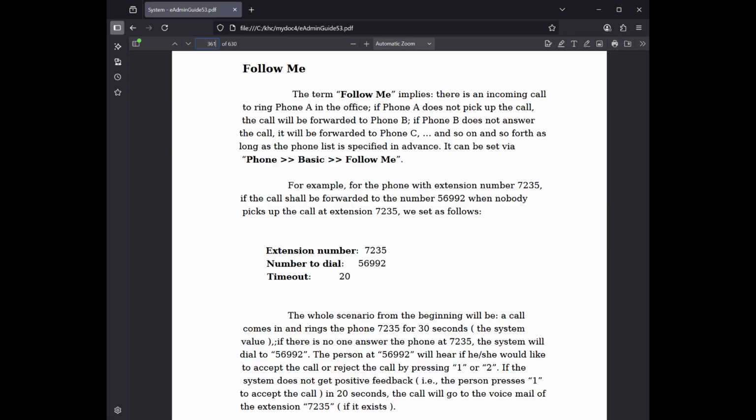For example, for the phone with extension number 7235, if the call shall be forwarded to the number 56992 when nobody picks up the call at extension 7235, we set as follows: extension number 7235, number to dial 56992, timeout 20. The whole scenario from the beginning will be: a call comes in and rings the phone 7235 for 30 seconds, the system value. If no one answers the phone at 7235, the system will